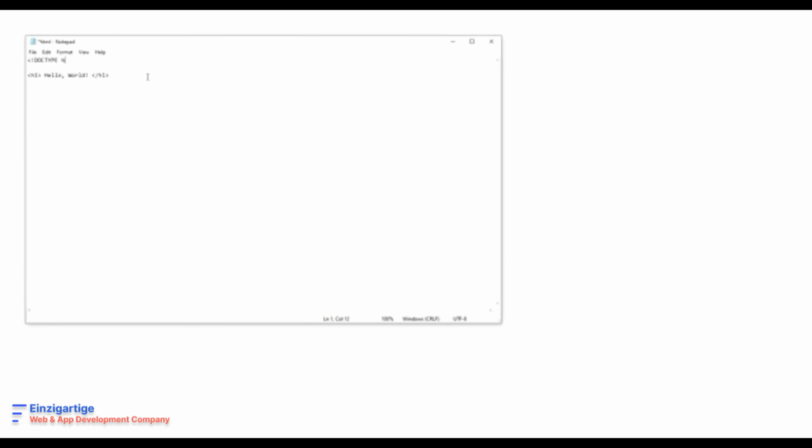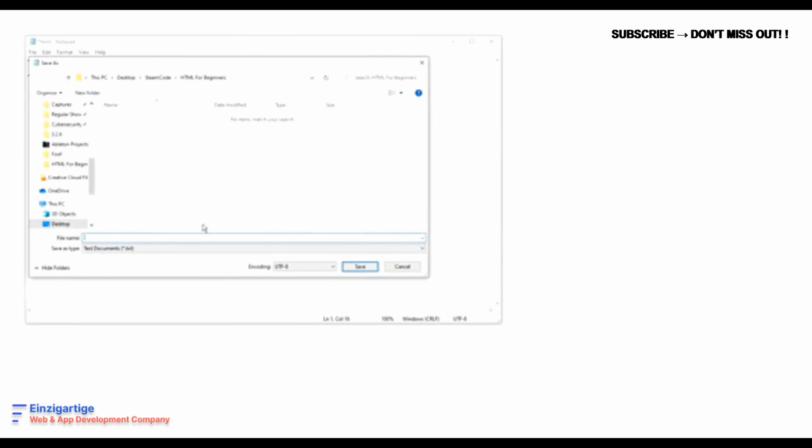Doctype HTML. This needs to be at the top of any of your HTML documents to denote that you are using HTML. And so once you save it, we can call this tut.html, save it as an HTML file, not a .txt file,